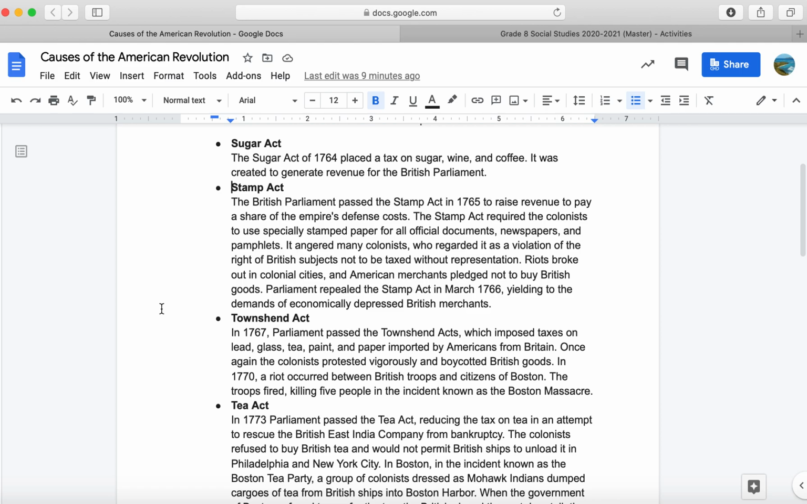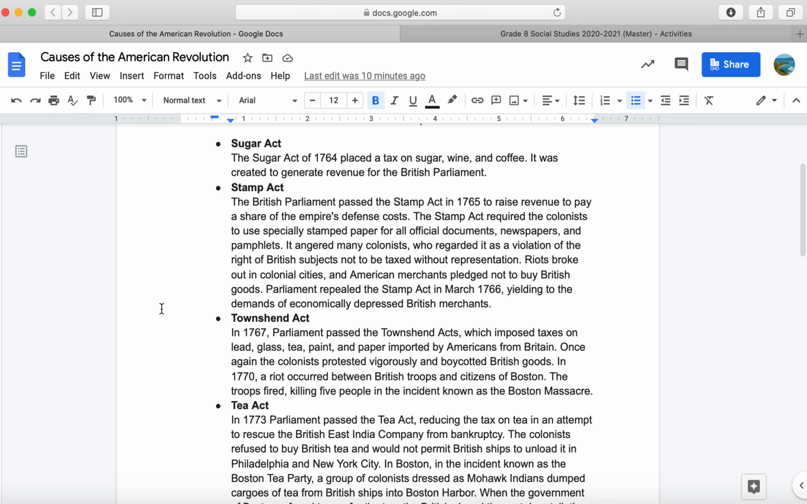The Stamp Act. The British Parliament passed the Stamp Act in 1765 to raise revenue to pay a share of the empire's defense costs. The Stamp Act required the colonists to use specifically stamped paper for all official documents, newspapers, and pamphlets. It angered many colonists who regarded it as a violation of the right of British subjects not to